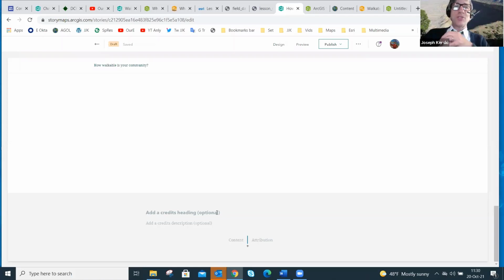If they don't know much about GIS, they're not going to know to go to the ArcGIS Online item and look at the metadata there. So especially for story maps, I'd put a lot of it here. I'd put your sources and how often you updated it and so on in here. So pay attention to this, even though I'm giving it kind of short treatment today. I would definitely pay some attention to this.